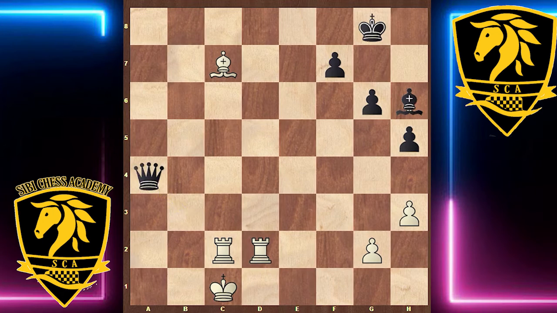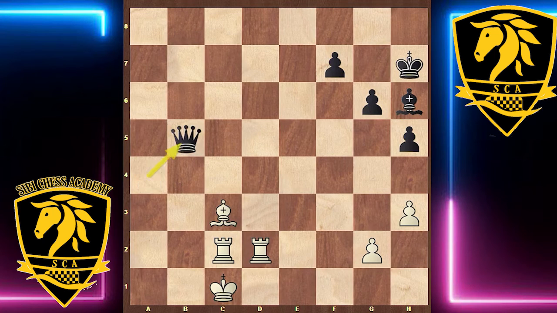First of all, black is taking that pawn on a4, bishop e5. Now he has to watch out for some back rank checkmate tricks. He goes king h7, and after bishop to c3, Alekhine converted the advantage in the most energetic way. He played queen to b5, very strong move,